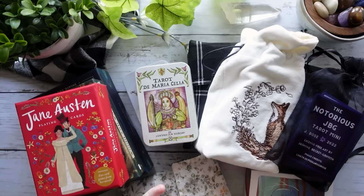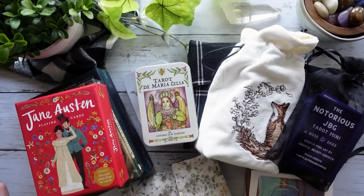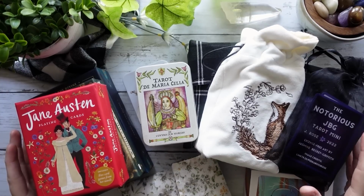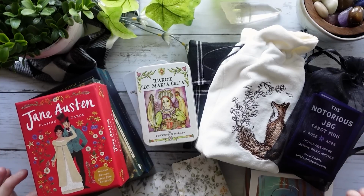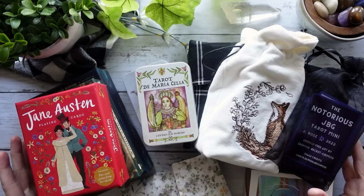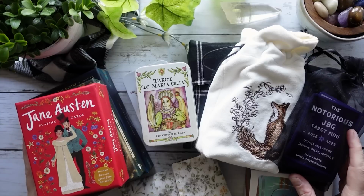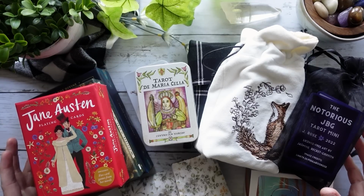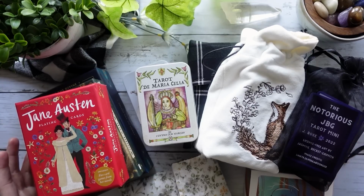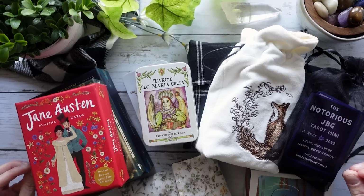#MyAdorableDecks. So I had a really difficult time. I know you wouldn't tell, judging by the amount of decks on my table, but I had a really difficult time going through my collection and trying to select decks for this tag because cute is not really my aesthetic. I don't really have a lot of decks that would probably be considered cute. Like, I don't have the Happy Tarot or things of that nature that really embody that idea of